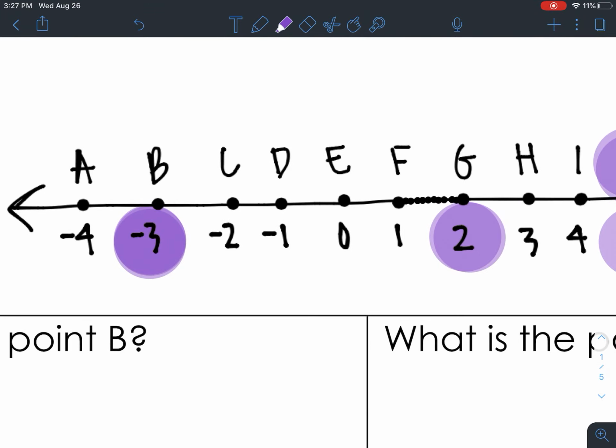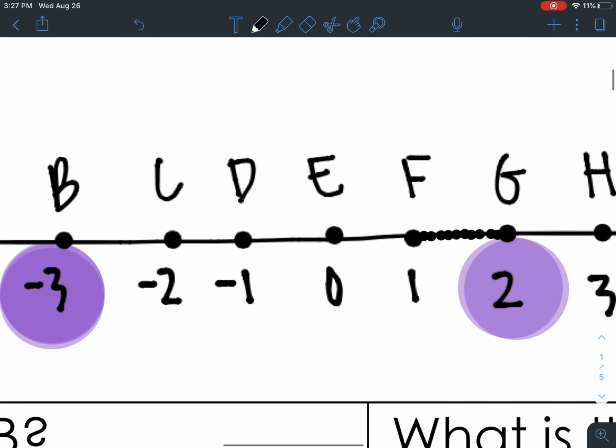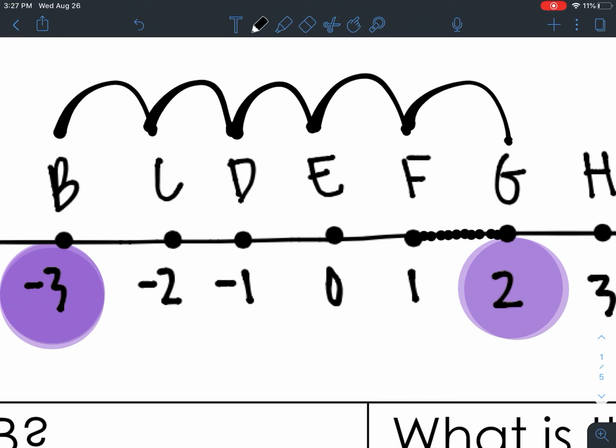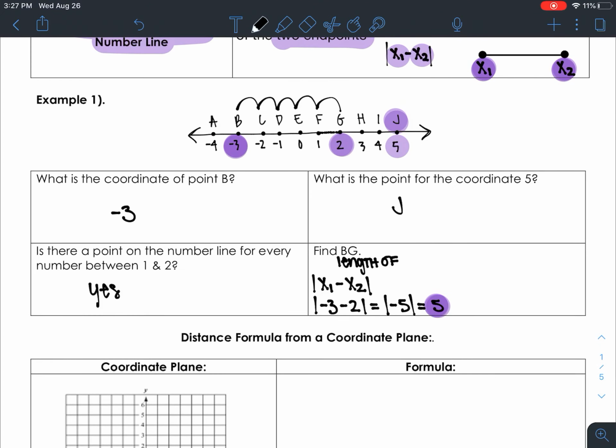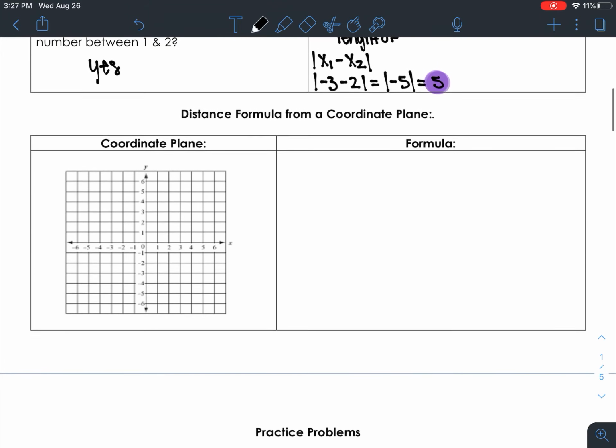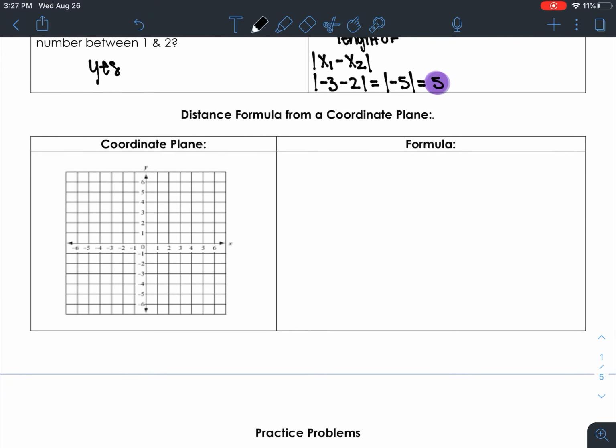How else can I find the distance from B to G? Well, I can do my little bunny hops, if you guys remember, and we can just count the number of points. All right, so I can do 1, 2, 3, 4, 5, which is also the same distance that we found. Okay, so we're now going to go into something a little bit more difficult,